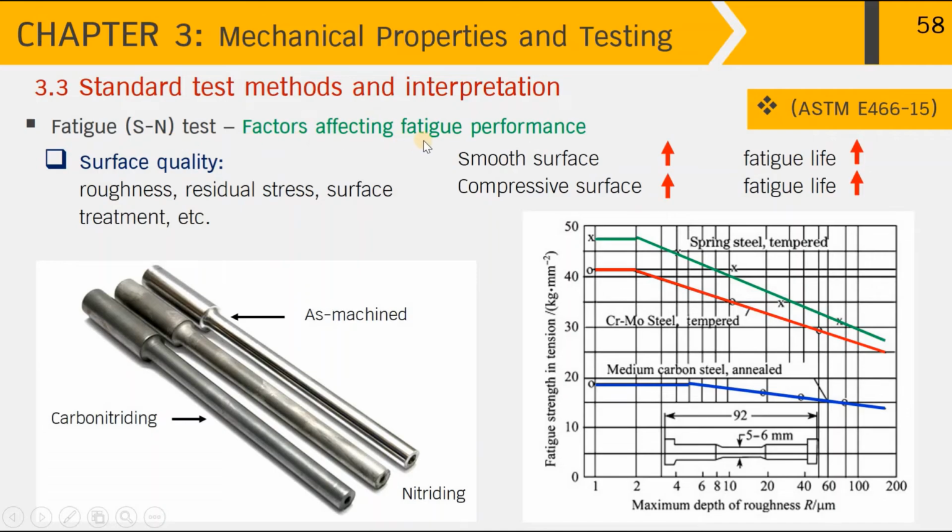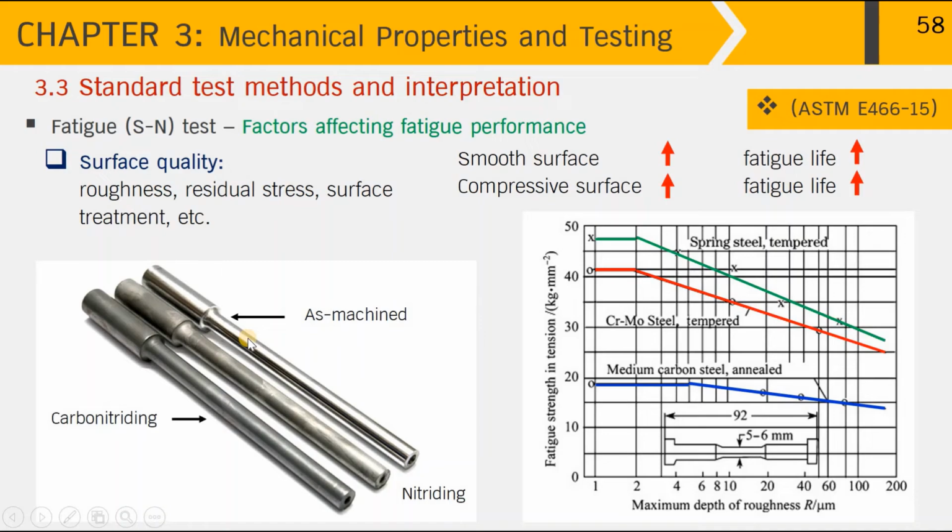Another factor that affects the fatigue performance, and this is very important in the stage of component production, is the surface quality. That can be the roughness of the surface, the residual stress remaining on the surface, and also the surface treatment applied onto the specimen. Over here you can see 3 specimens with different surface finishes. The first one on the right is the specimen having the machined surface,